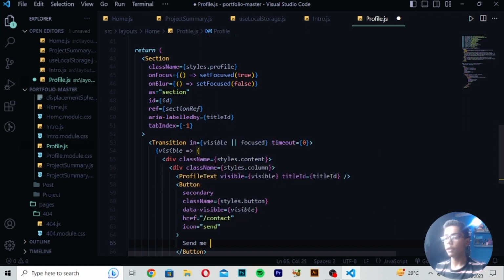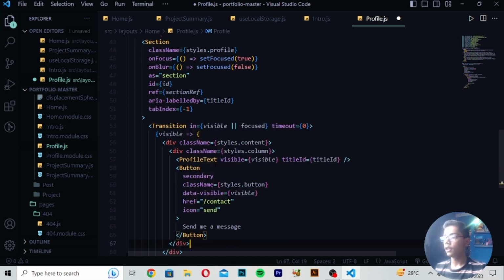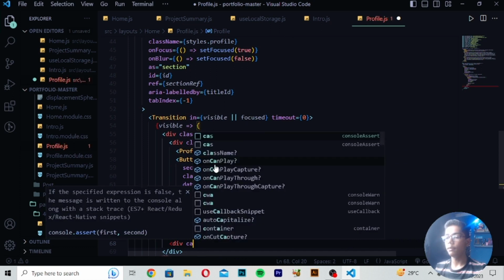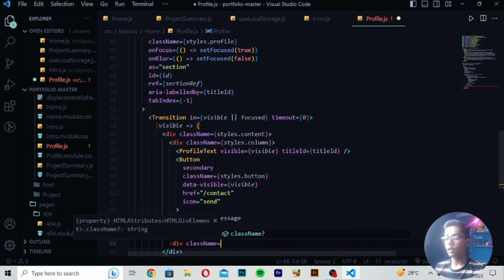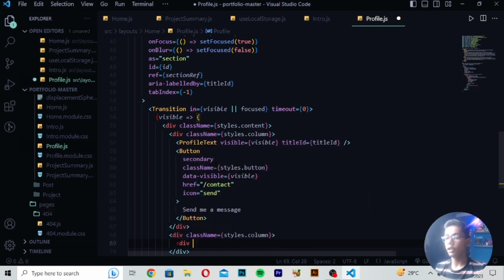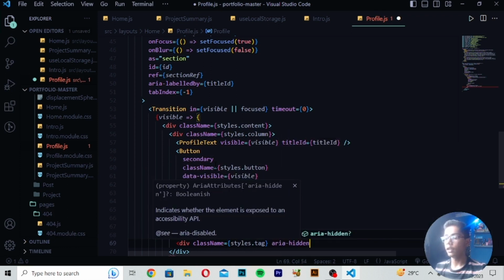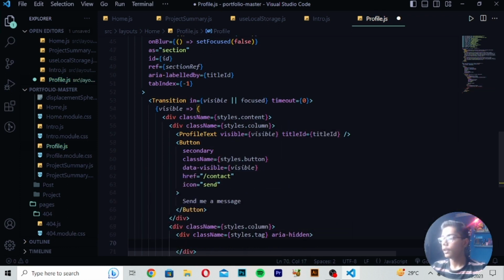write here send me a message like this thing, then you have to just move down, write here div class name, so here I will be now writing this, and write here styles dot column, and here you have to just now move down, write here div class name, and then write here styles dot tag, then you have to now write here area hidden, then you have to move down,